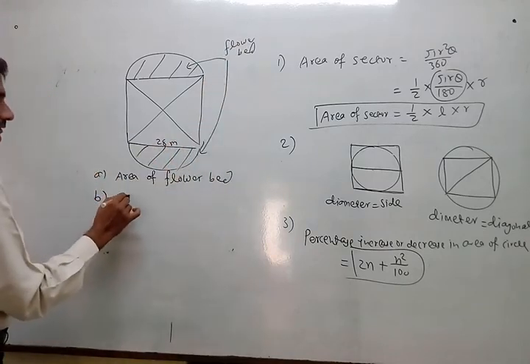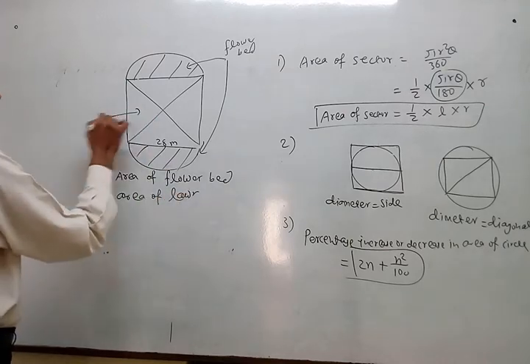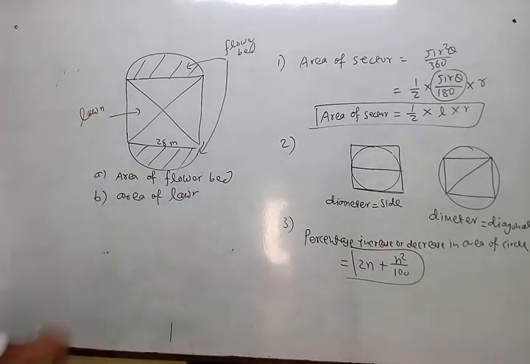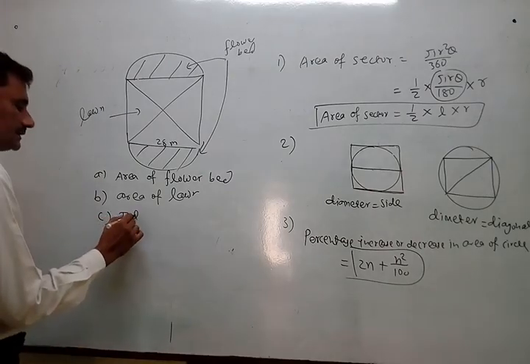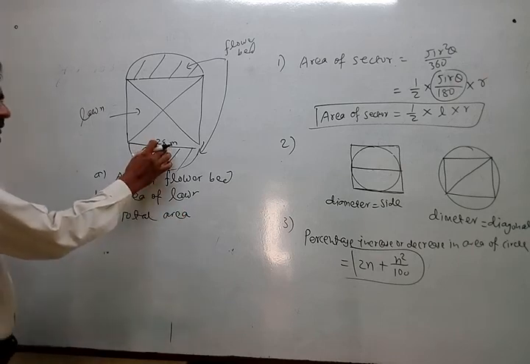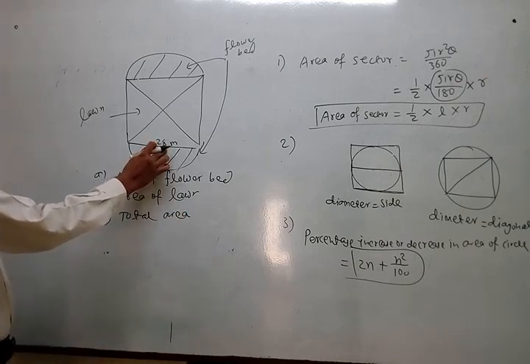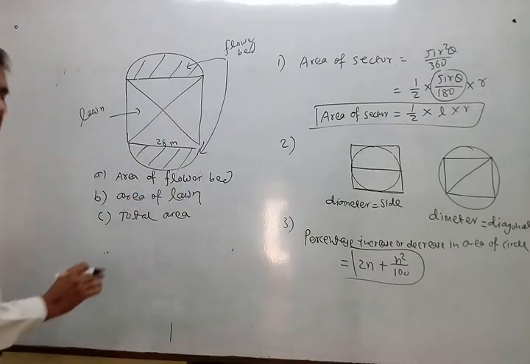Now the area of the loop. It is this in between white part, the non-shaded part. And the total area. Same way, only the measurements or length of the square are different. Otherwise the method will be the same. So one sum we answer in